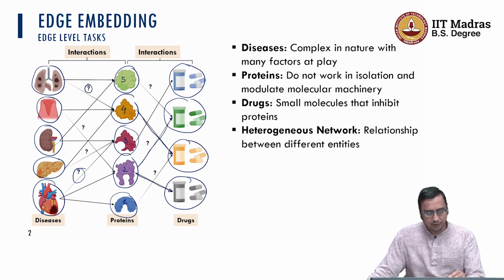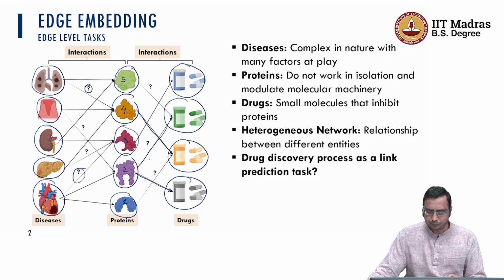And similarly, a particular drug which can inhibit a certain protein, can it actually also inhibit another protein? So in a drug discovery process, I would like to create a set of edges to find out what the possible drugs and protein targets are from the available data about protein interactions in a particular disease and drug target in a drug